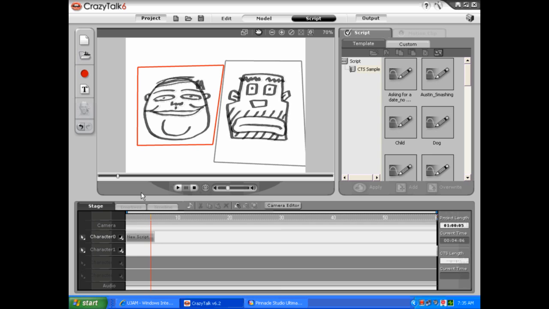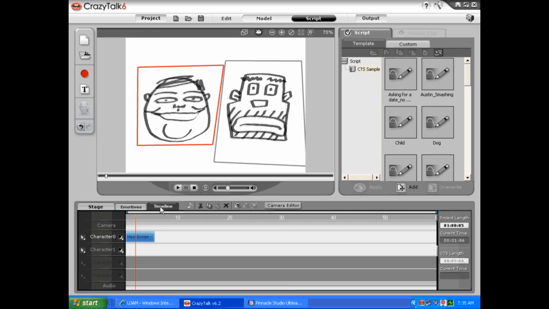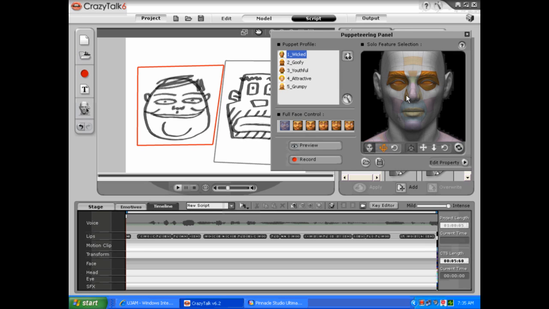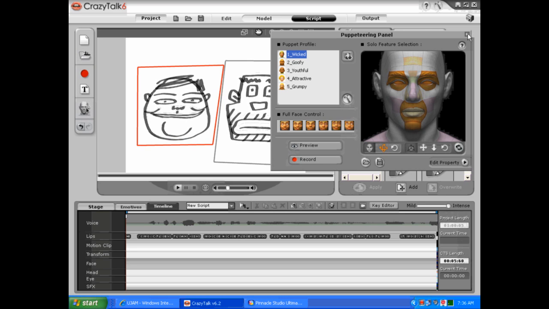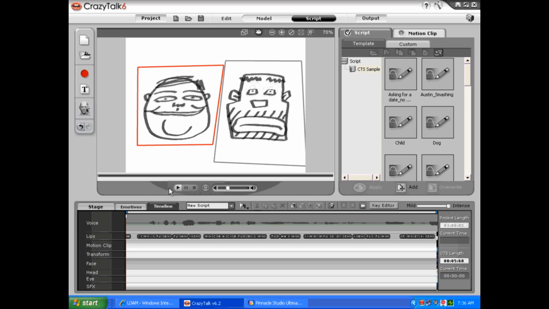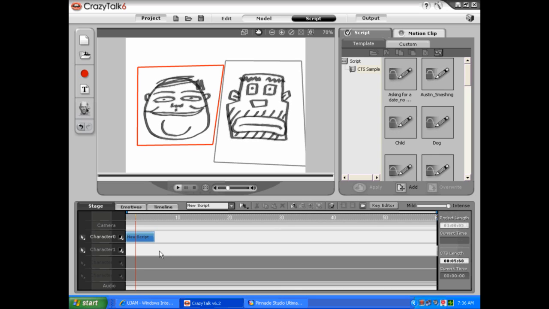You can get much more advanced, in terms of you can actually grab different pieces of the face and puppeteer the faces, which is kind of a more advanced feature, but again, you don't need to do any of that. So once you have your recording onto your guys, it'll automatically animate it. You just click back and forth. So when I did the background music, you just click back and forth between your two characters